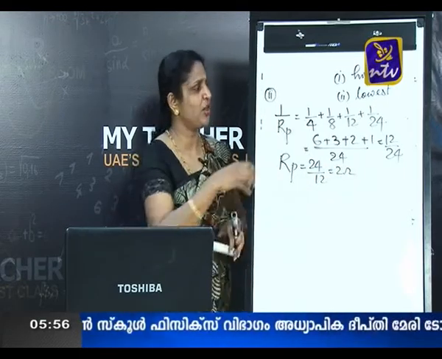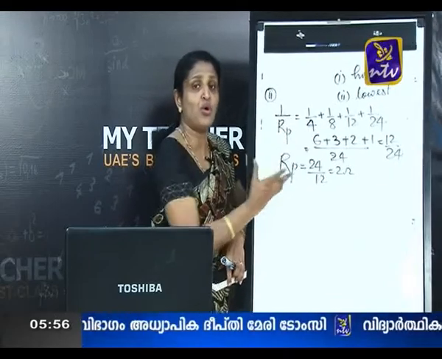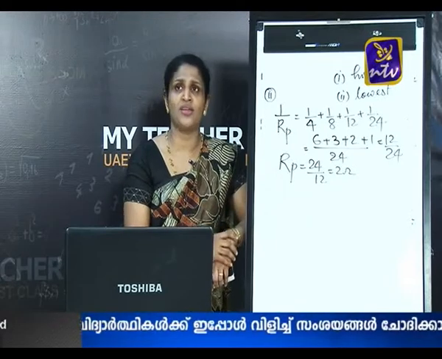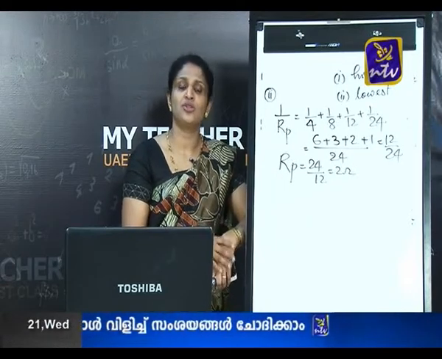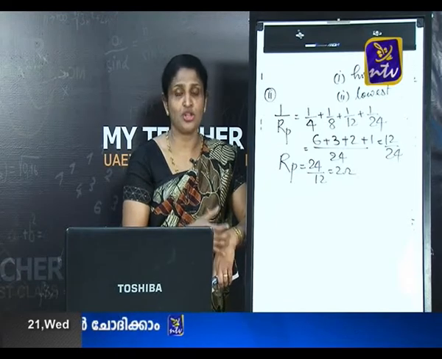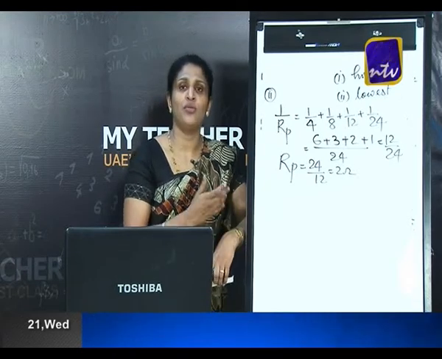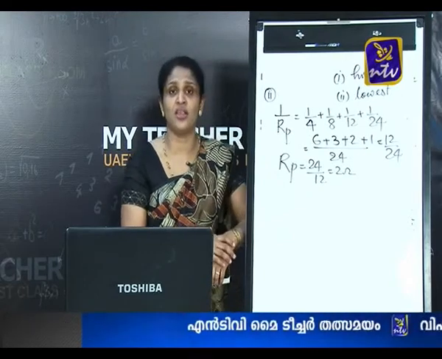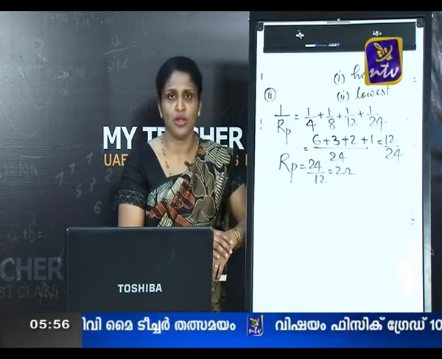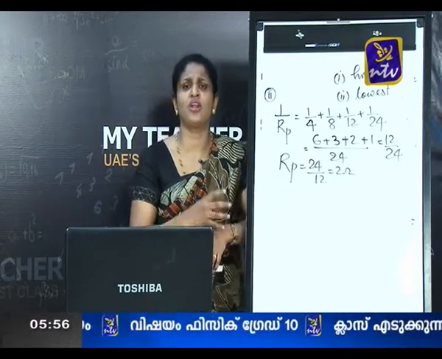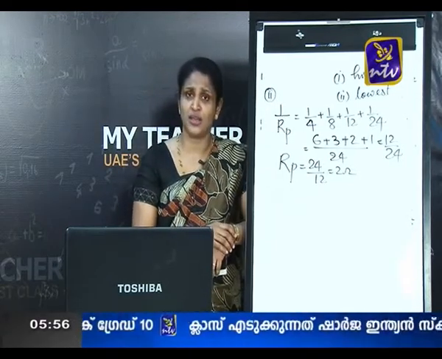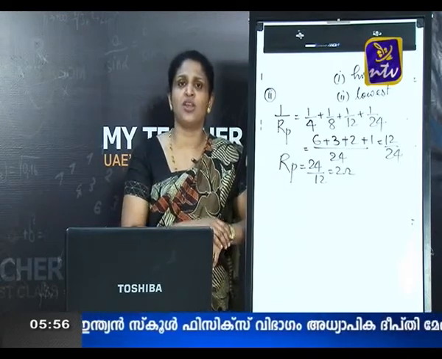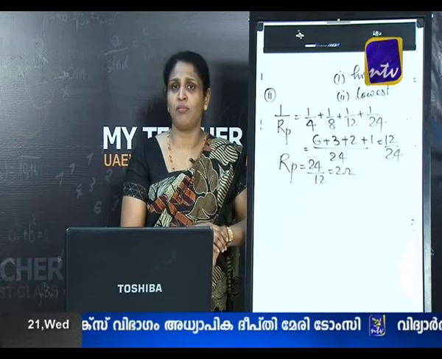What were the resistors we connected? An 8 ohm, a 4 ohm, a 12 ohm and a 24 ohm, and you got an answer even lesser than the smallest of them. The smallest value among all the 4 of them is actually 4 ohm, and you have got an answer even lesser than the smallest of them. So, this shows very clearly that the total resistance in parallel is decreasing. So, if you want a combination where you want minimum resistance, then you put all the resistors in parallel.